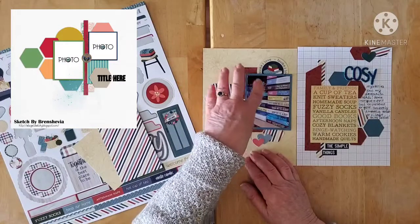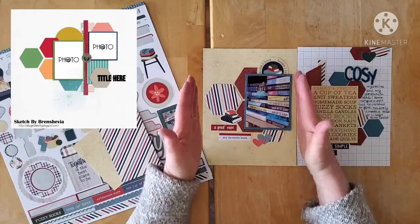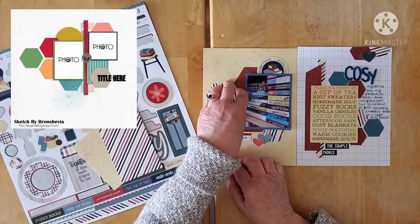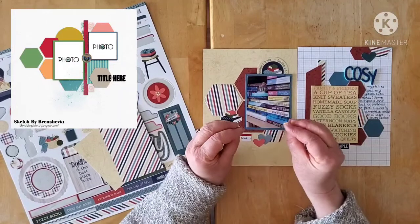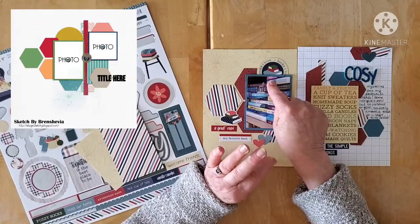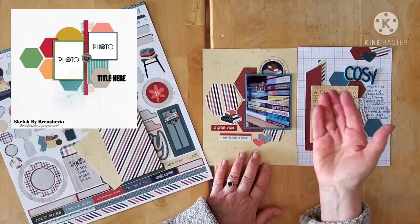So I have that element pretty much exactly the way that, so this page is pretty much exactly like the left-hand side of the sketch, where I have the 3 hexagons, I have my photo, and this is not up on foam, but I wanted it to be raised just ever so slightly, but I want these pages to be fairly flat because they are going into my 6x8 album